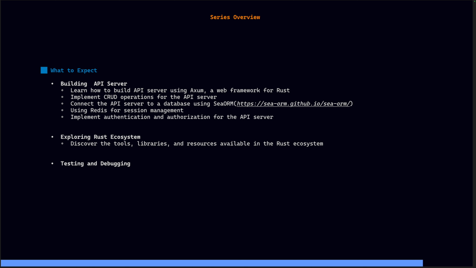We will be using several libraries, from popular libraries to smaller and lesser-known libraries. As I said, we'll be writing a full-blown API, so that means we will be using libraries such as Serde, Tokio,